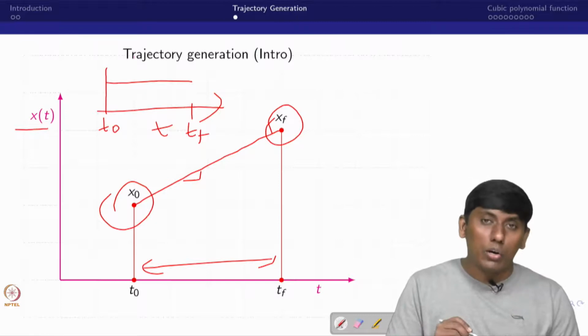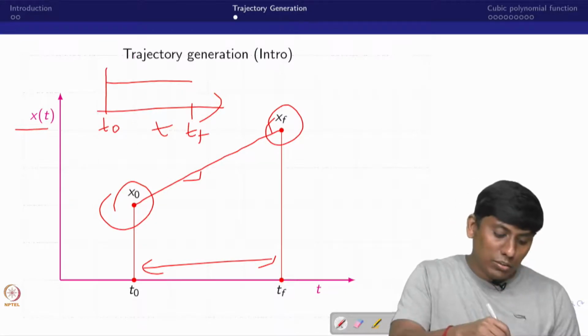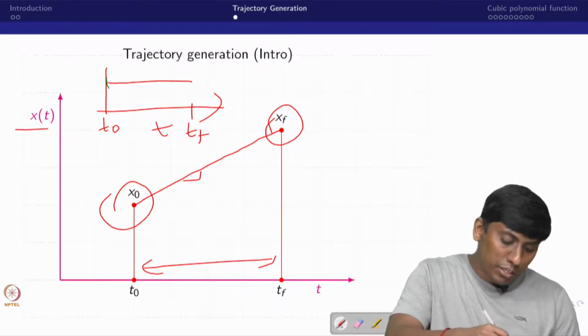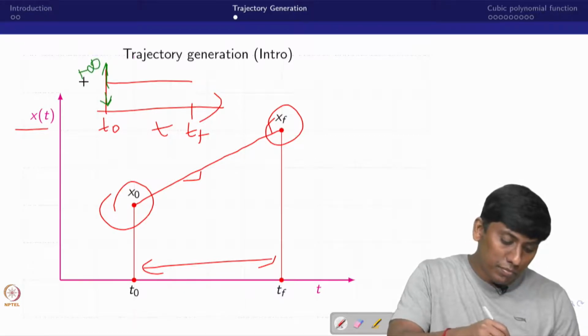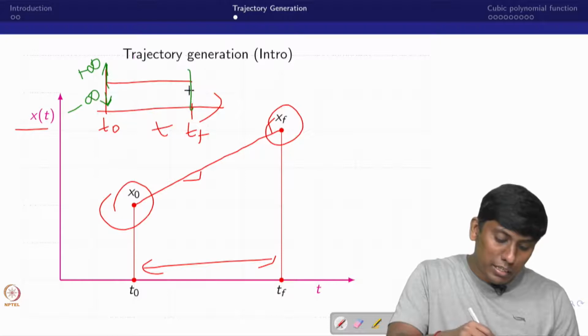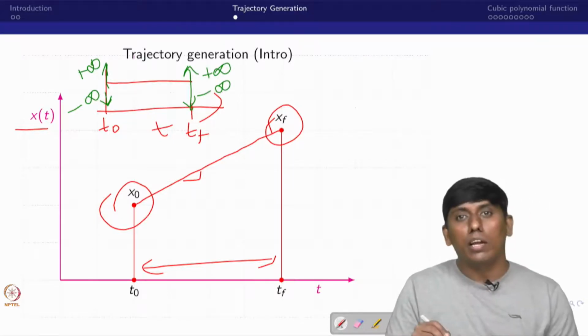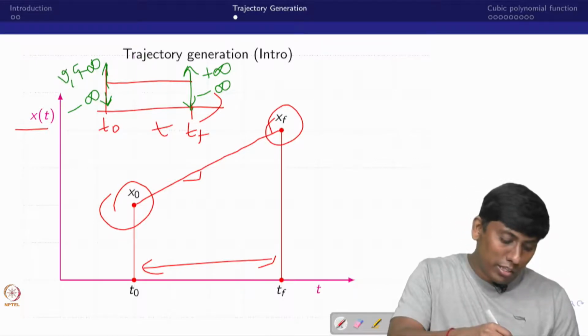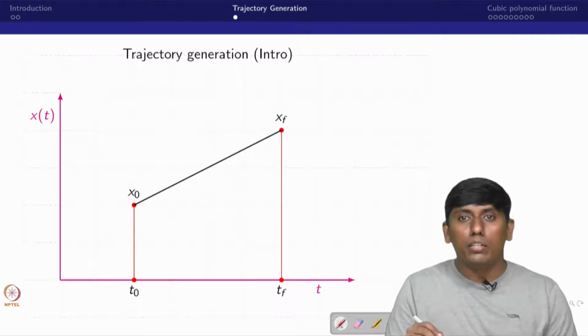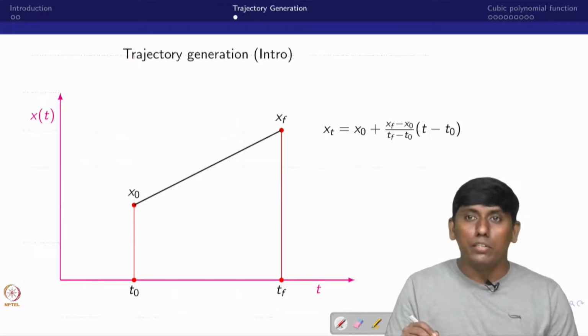So if the velocity is constant, what would be the acceleration? The acceleration would be infinite acceleration and deceleration. Similarly here it would be the same, so that is a little concern for us, okay? This is velocity and acceleration. In order to avoid that, what people are thinking about, this is the linear interpolation.